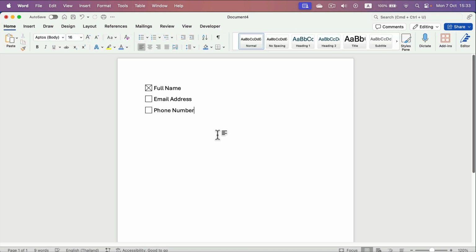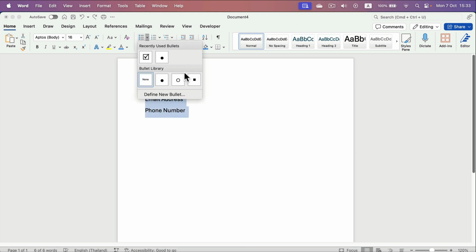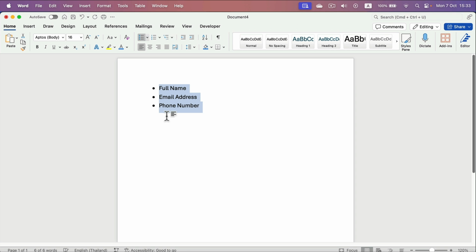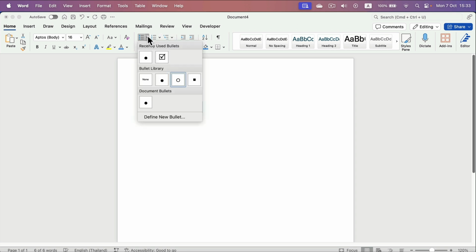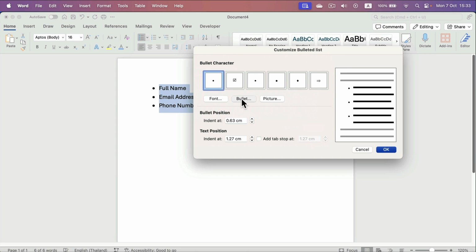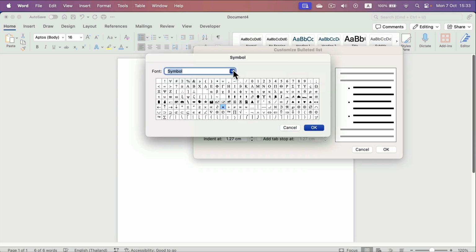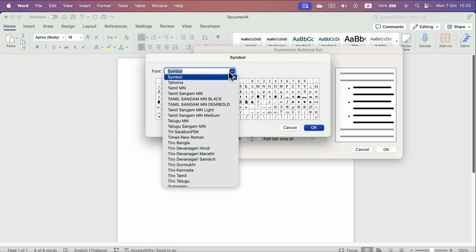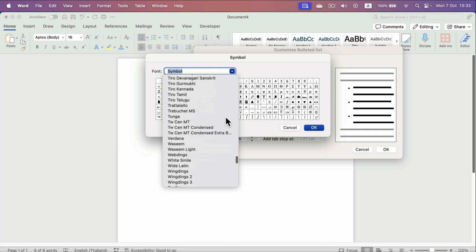Alright, let me show you method number 2. In this case, we simply create a bullet list first. So I create a regular bullet list, but then I try here, define new bullet. So I click bullet, and now we can select any symbol we see here as our bullet point. So I will head straight to